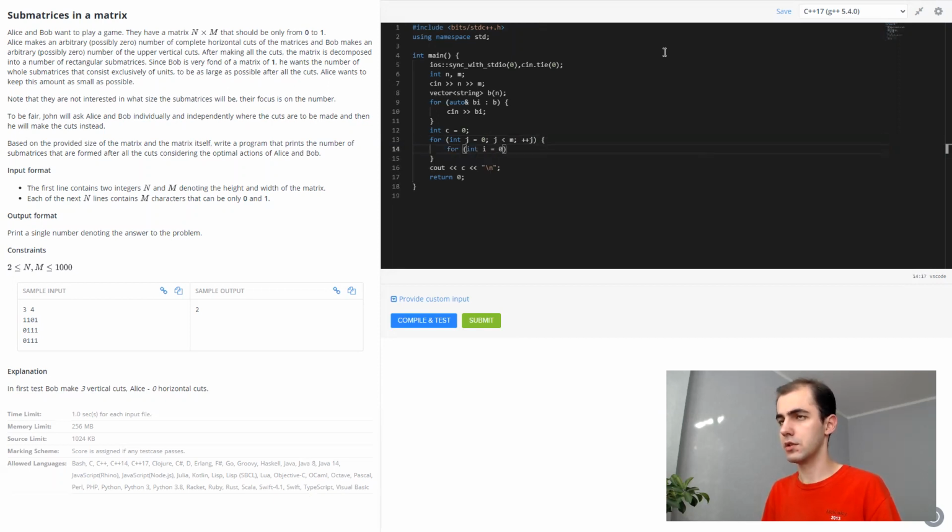Then we want to iterate over all possible rows. We check if all entries are ones. So how do we do it? Board at i, j should be equal to 1. If all, then we increment c, I believe.